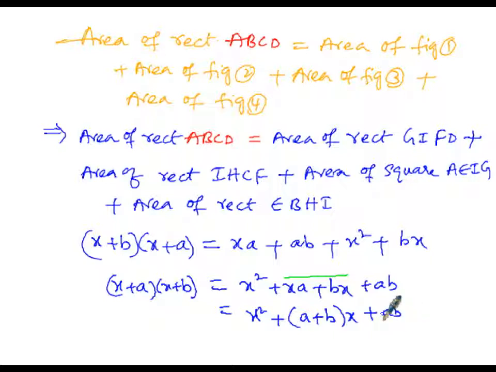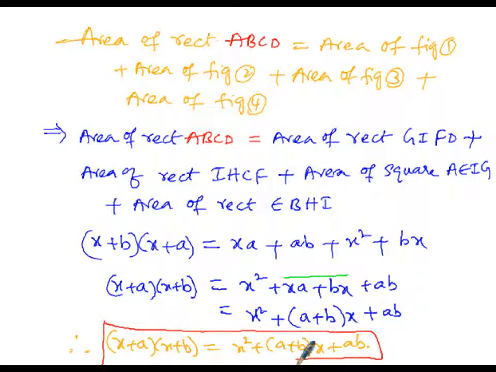So in this manner, the identity is x plus a into x plus b equals x square plus a plus b into x plus ab. So in this manner we have proved the first identity geometrically. So here let us perform one example under this. So here example,